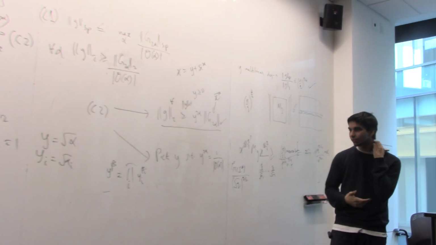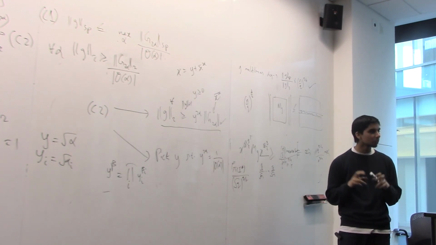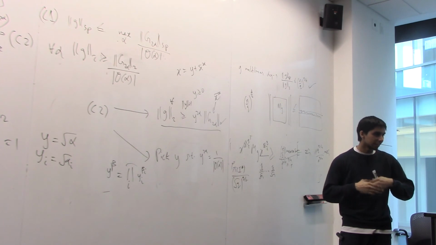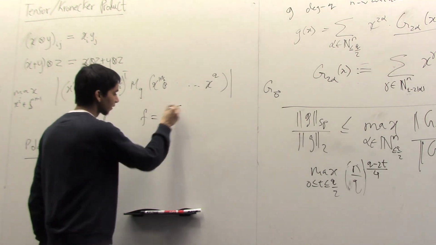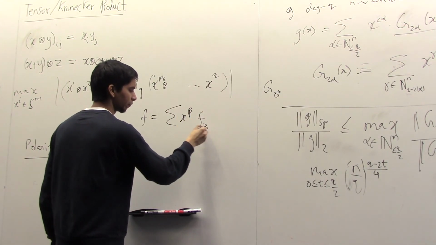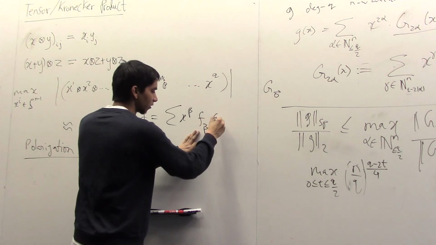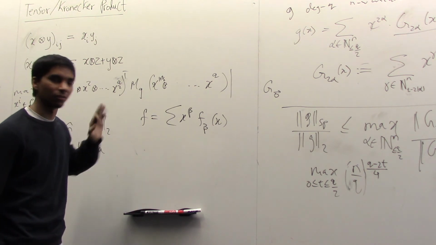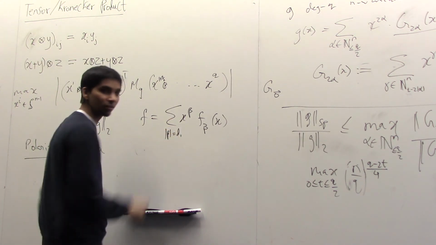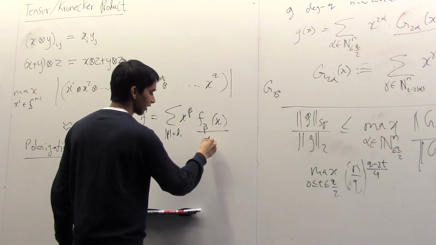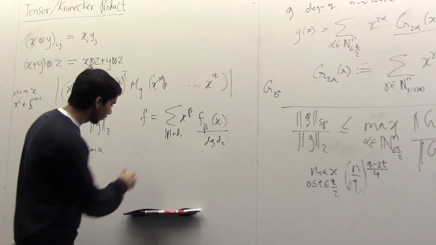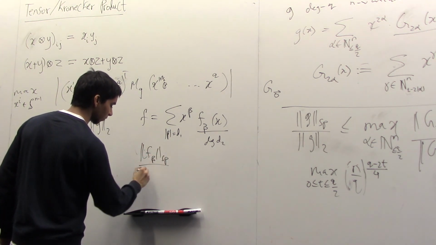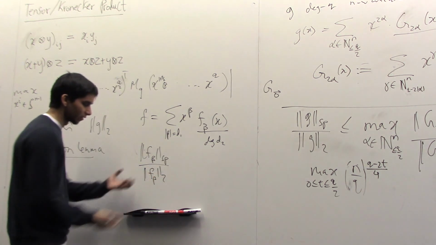And so generally we proved this claim where, if in some sense your polynomial encodes easy polynomials, you can exploit that and get an approximation on the rest of it. So I'll be a little more formal. We proved that if you can write a polynomial f as the summation of x to the beta, f_beta, where this is no longer a coefficient, this is actually a polynomial, and let's assume homogeneity, so all these betas are of a fixed size d1, and this polynomial is of degree d2 and homogeneous, we proved that if f_beta spectral divided by f_beta 2 norm is small